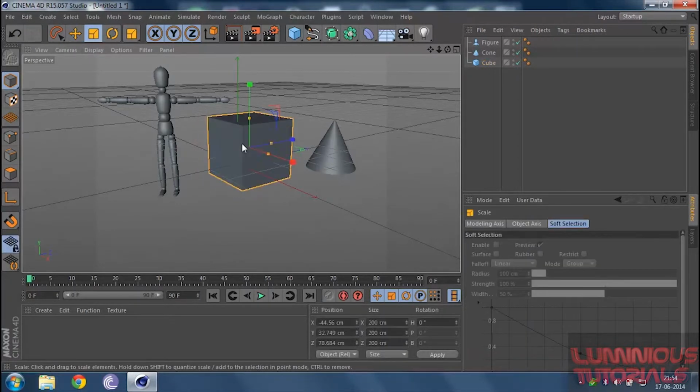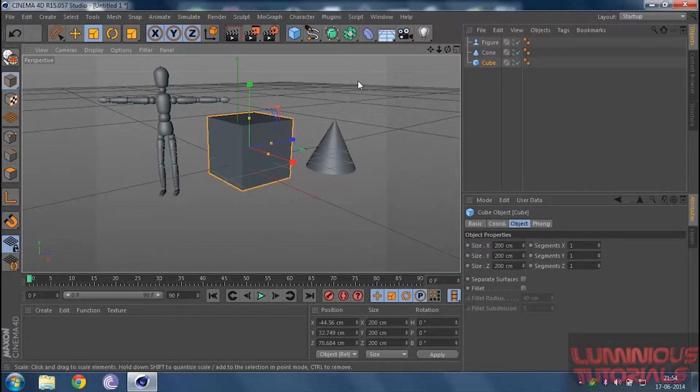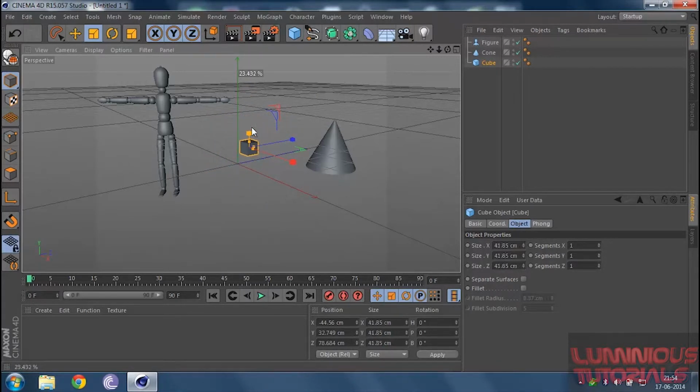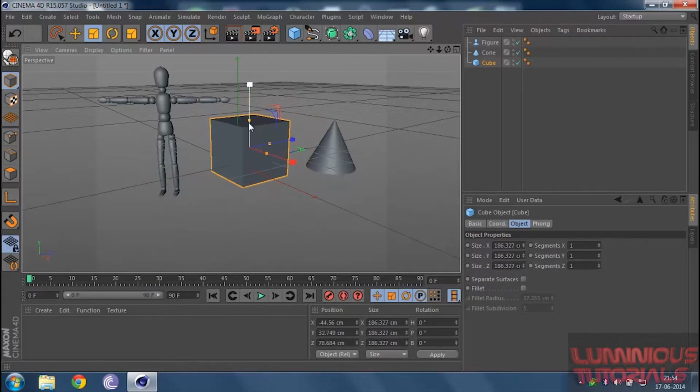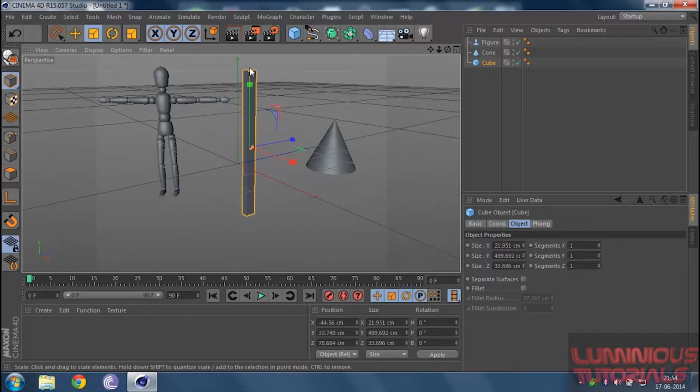And we've also got the scale tool. You could simply click outside the cube, and with the help of your cursor you could scale your cube, or you could click on any one of these gizmos and scale it. But if you click on the gizmo and scale it, it will scale maintaining the aspect ratio. If you don't want to scale your cube in an aspect ratio, you'll find three yellow dots on your gizmos. You could always click on the dot and drag them like this, and you could resize your cube without maintaining the aspect ratio.